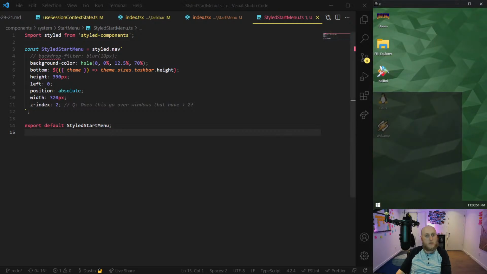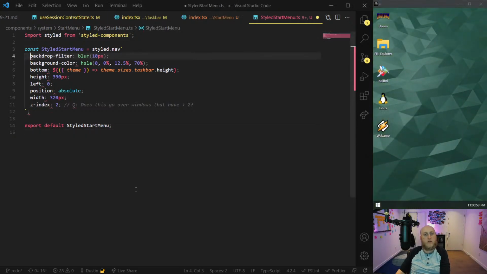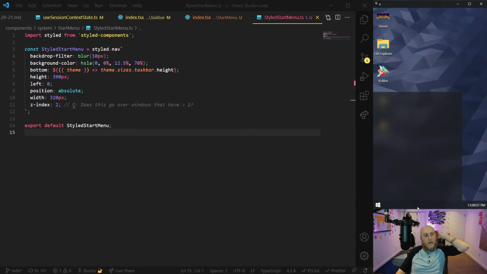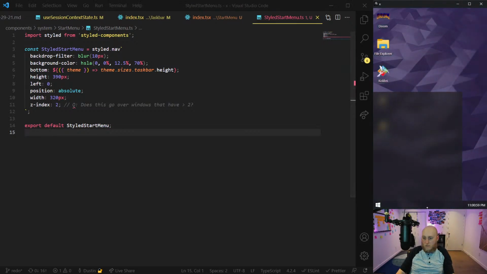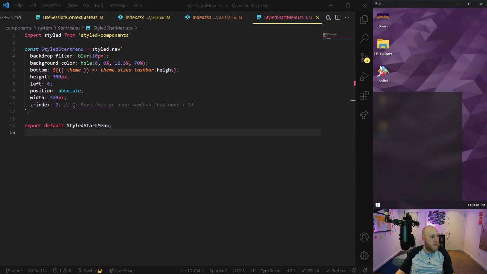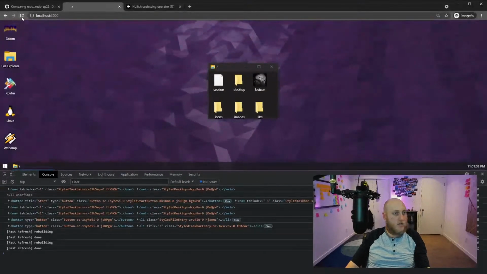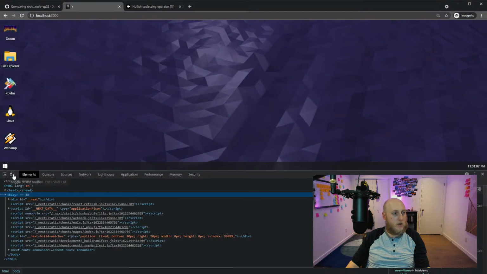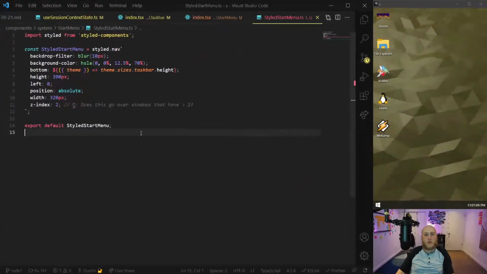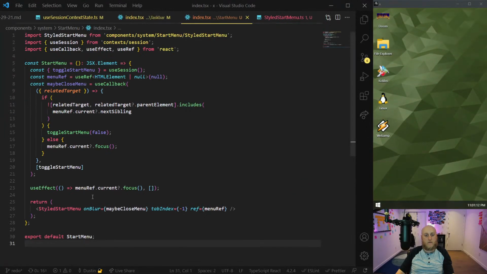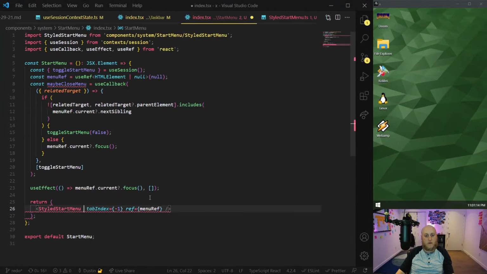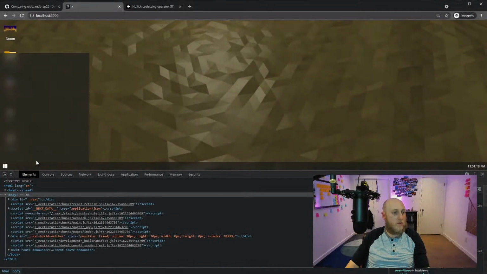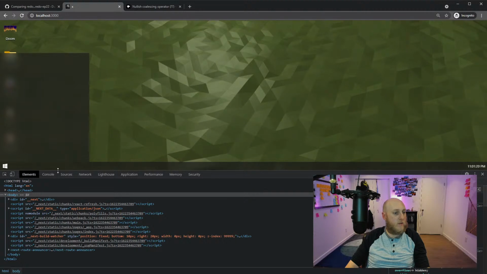So that's how the start menu looks, and then we will add the blur and press save again, and there we go. Now we have a blurred start menu and a blurred taskbar. But as you see here, watch, maybe I can, let's see if I can break it in the code to show you what I'm talking about. Oh, I might not be able to because that blurs it off. Let's, as a test, I'll show you guys. I'm going to stop the ability for this blurring here. So once the start menu is open, it's going to stay open, just so I could show you. Watch. So you see here, we got the blur here and we got a blur here.